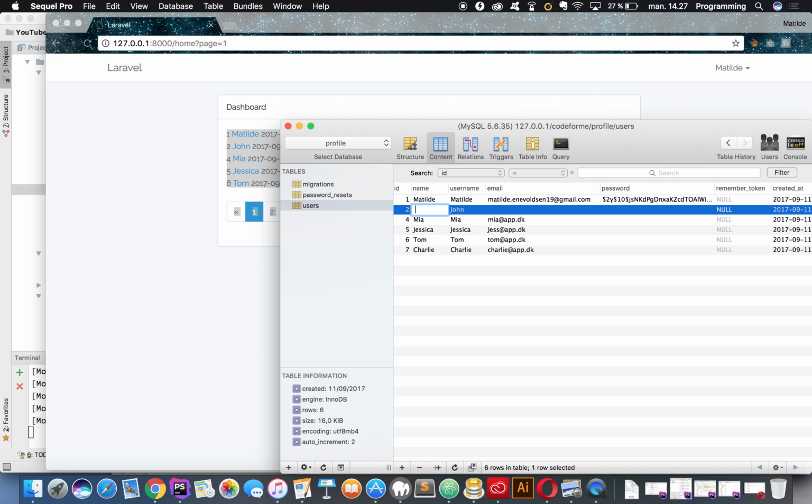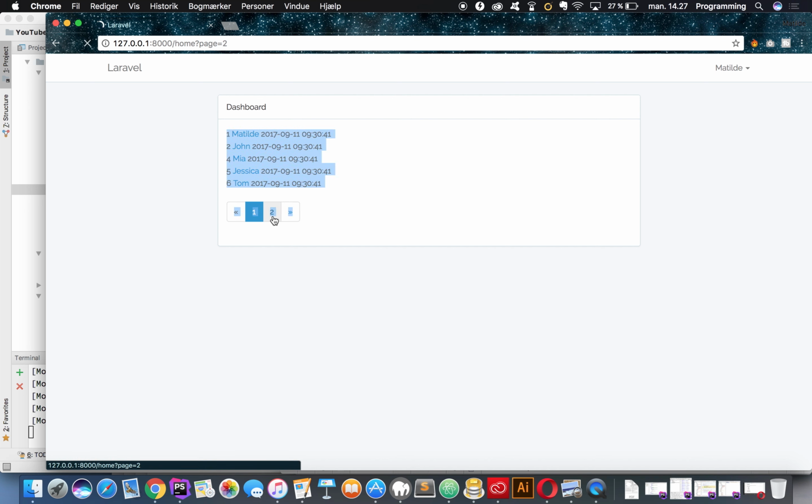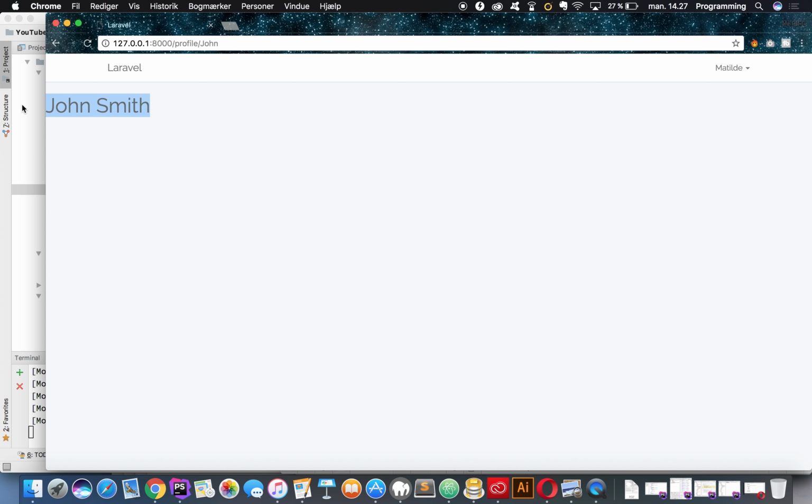to John Smith, and we then just go ahead here, then it will automatically update. It won't update if you don't refresh the page or click on the other page. That's one of the things. But this is a built-in pagination with Laravel. As well, you'll be able to click on the user's profile here, and it will display the name of the